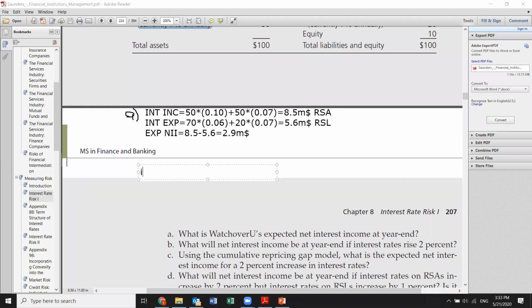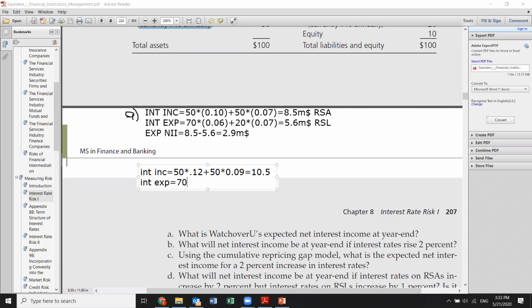We calculate the interest income: 50 times 0.12, very good, plus 50 times 0.09, very nice, and 50 times 0.9. So we have 10.5, and interest expense, sorry,